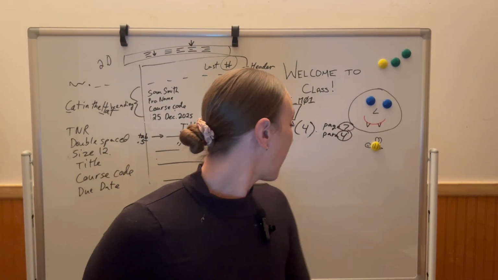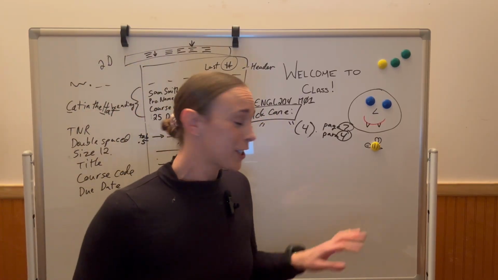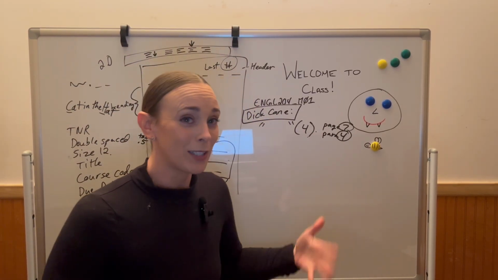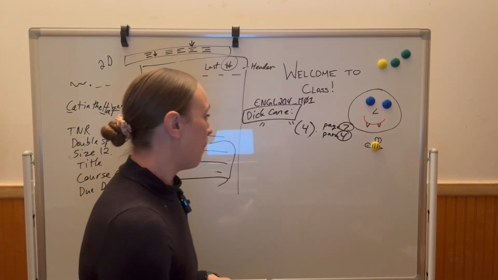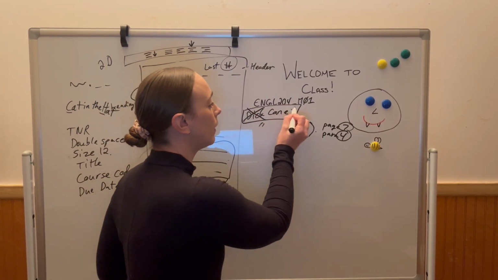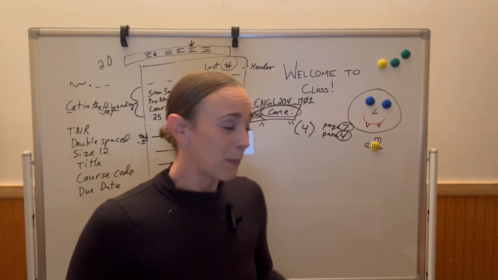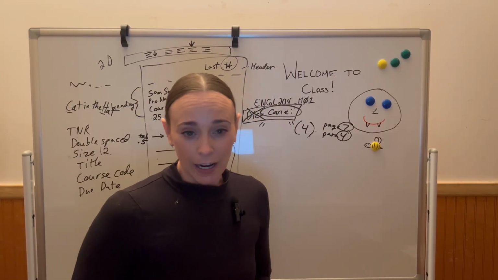All right, so after the very first time that you have mentioned it, so the very first time you use a quote by Dick Kane, you need to say according to Dick Kane or something along those lines. But after that, you only need the author's last name. That's it, just the last name every time you use it thereafter.